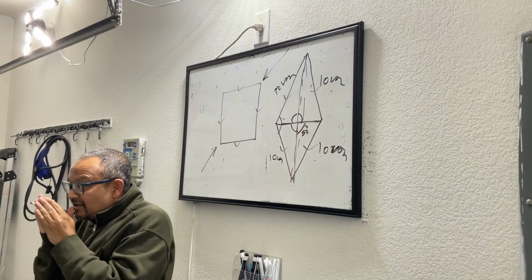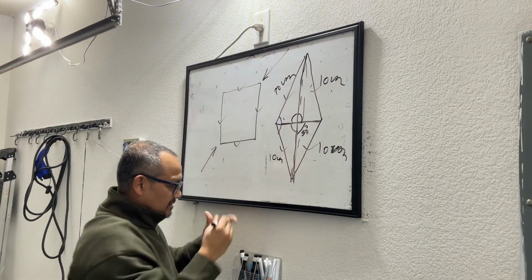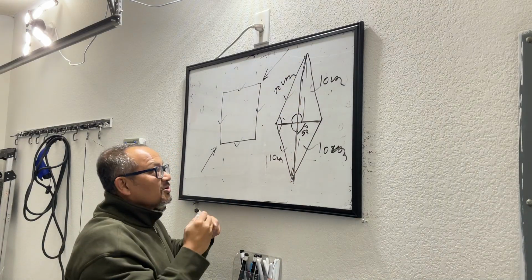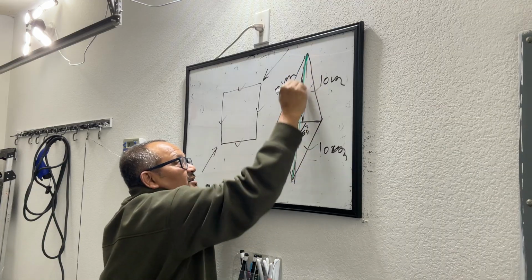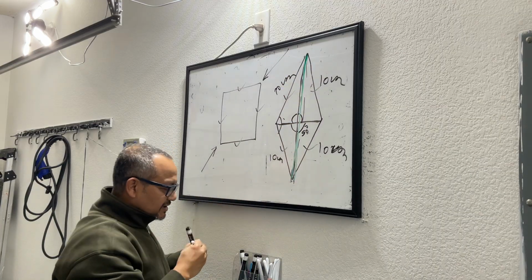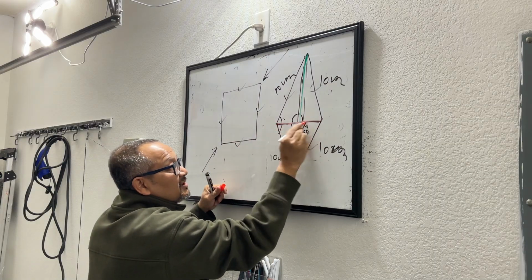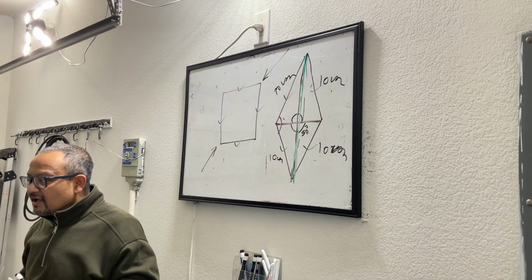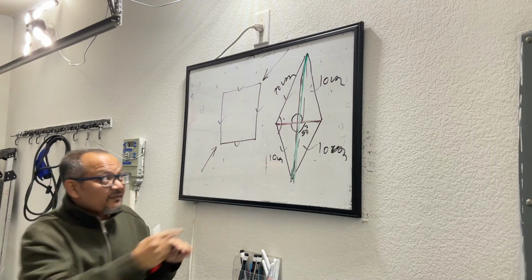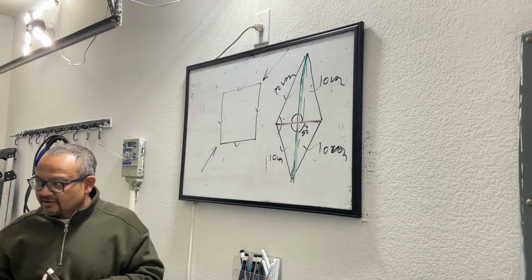And they divide each other into two equal parts. Meaning, if you're talking about this diagonal, let me do some color coding here. There is a diagonal which is green in color. This is one diagonal, this is the green one. And there is a diagonal which is red in color. So when the green and red diagonals meet, they are meeting at 90 degrees. So every angle that you see here is 90 degree or right angle.